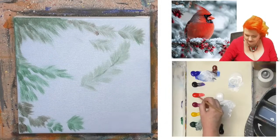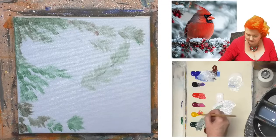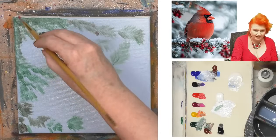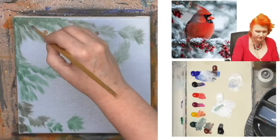All right, I'm going to take a little bit of my Cad red down to my Cad yellow. Make a nice bright orange. Mix a little burnt sienna into it. A bright orange. Oh, we're going to come here and put some little...